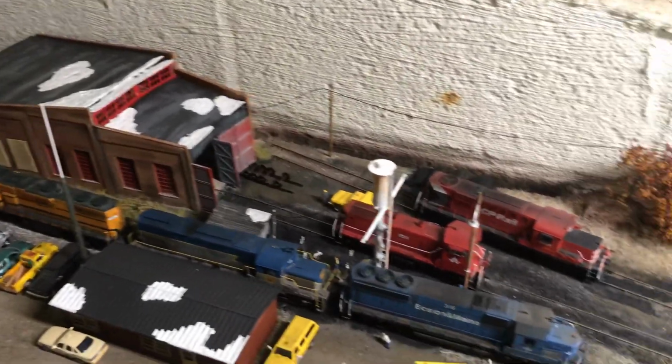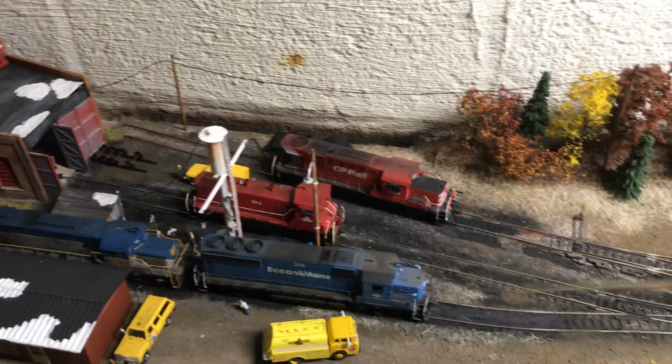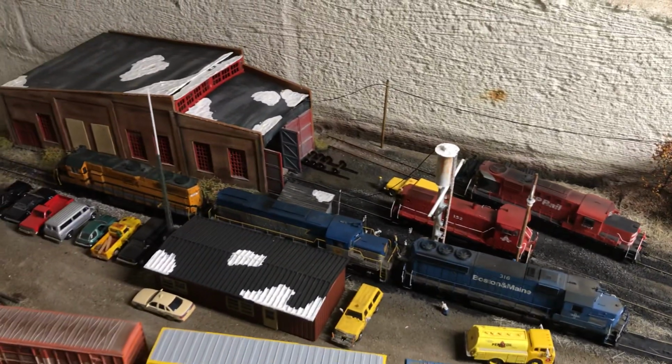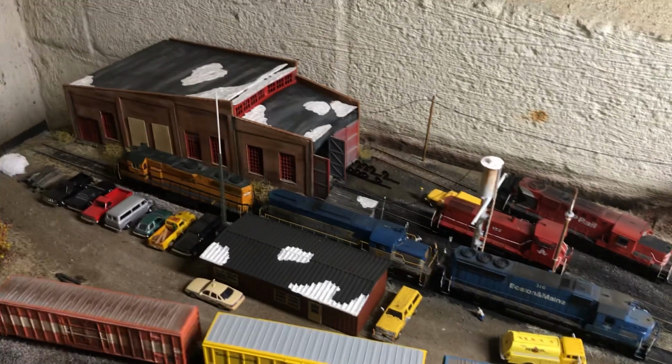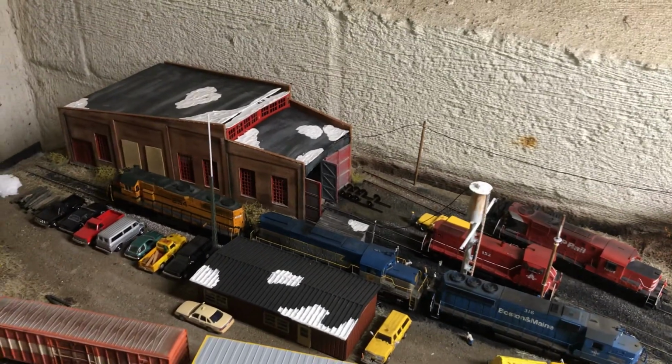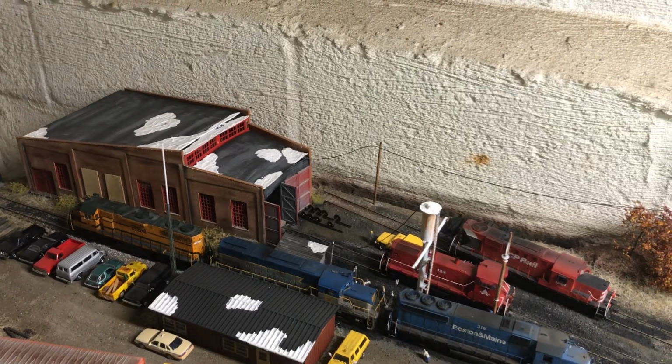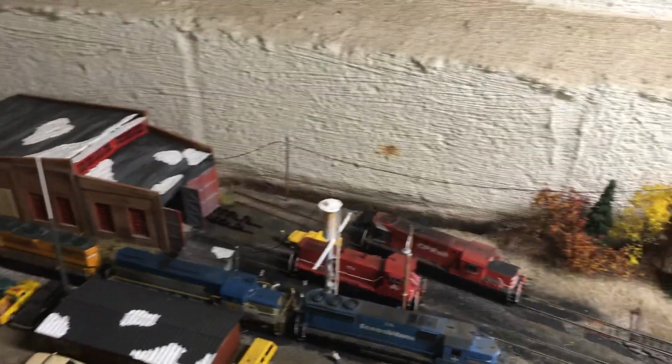So we got the 3 tracks here, and then you have a service bay inside as well. So this was a Walthers 3-stall roundhouse, knocked down to a single stall. At the time period, the engine house in Newport was falling down, so I kind of wanted to represent that a little bit. I have some plans to do some more things,